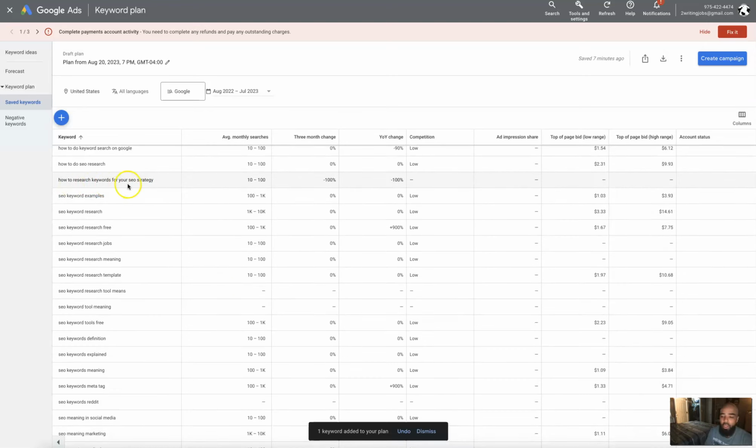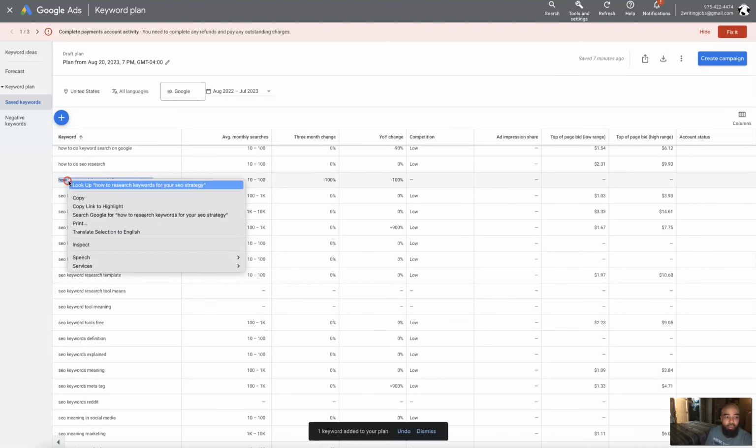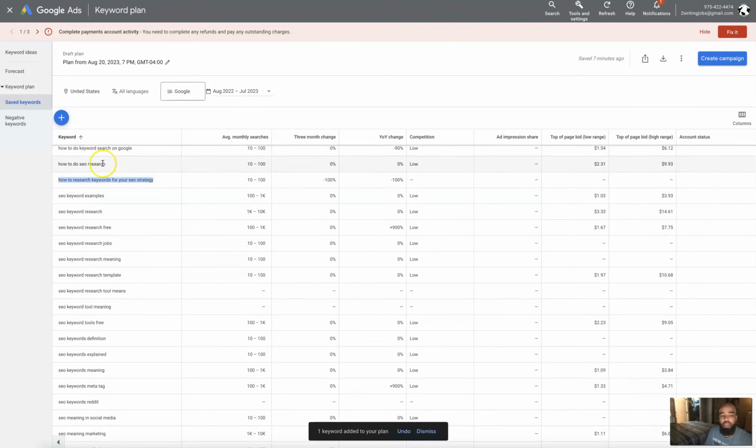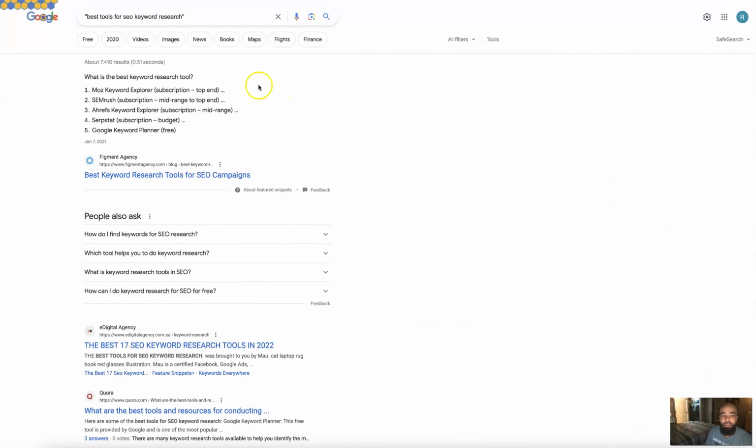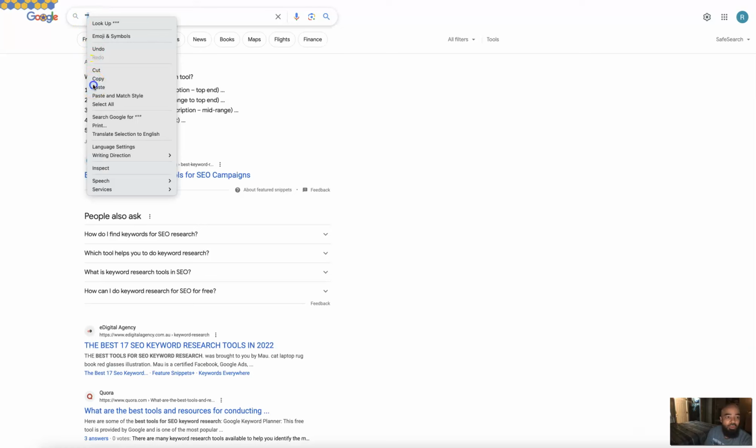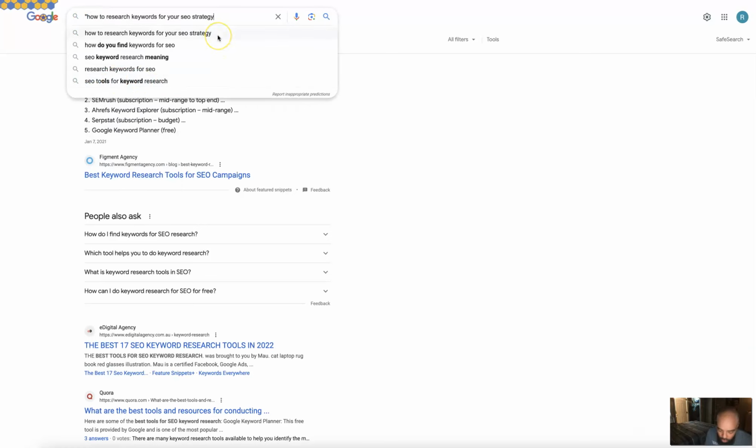So the longer the better, because like this one right here, how to research keywords for your SEO strategy. This right here might be a low one. So you want to look for keywords just like this and take them over to Google and do this. And like I said, the lower the better, and you're going to rank. And even if it's a low number, as you can see on the Google Ads, it's only 10 to 100